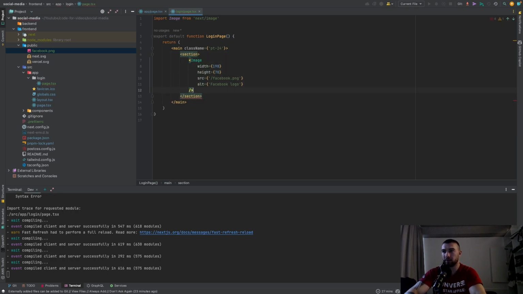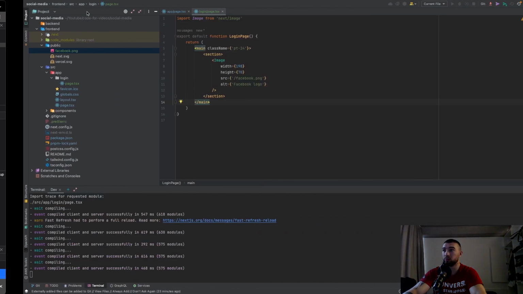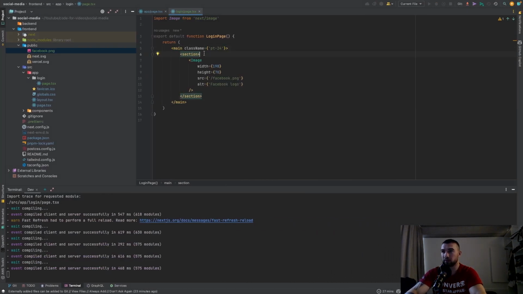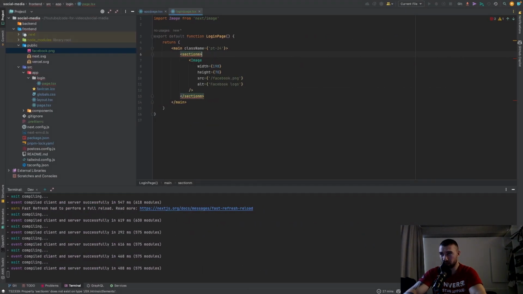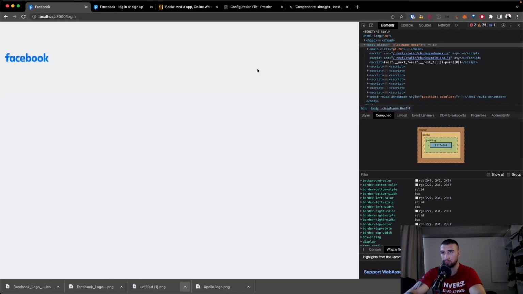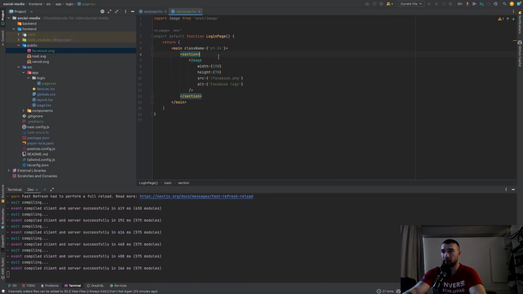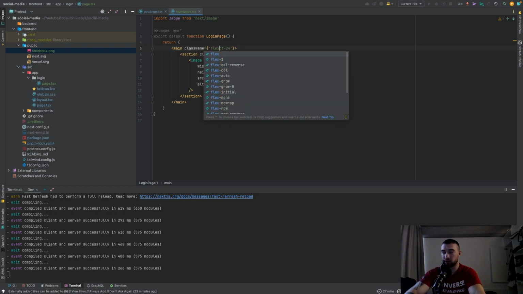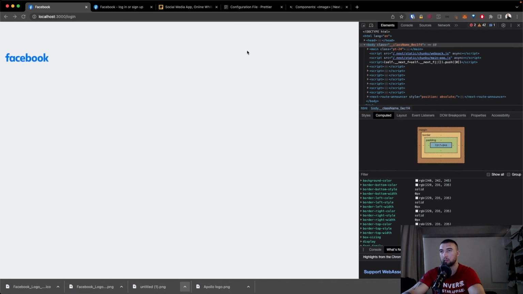We have this, then we have a form, and for a form, I'm going to build, we don't even need this section here, or yes, we do. Should we? Okay, we have an image. This. Let's center our section in the middle. Justify center,